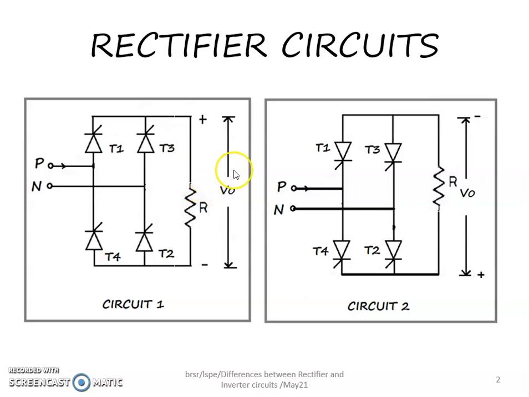The circuit 2 shown is also a rectifier, and here also you have 4 thyristors marked with the same pattern of numbering, but you can see the difference here as the thyristors are in an inversed position. That is, if you see the thyristor T1, it has the gate terminal facing upwards in circuit 1, and in circuit 2 the gate is facing downwards. And the second circuit will also work as a rectifier, but conventionally we use circuit 1.